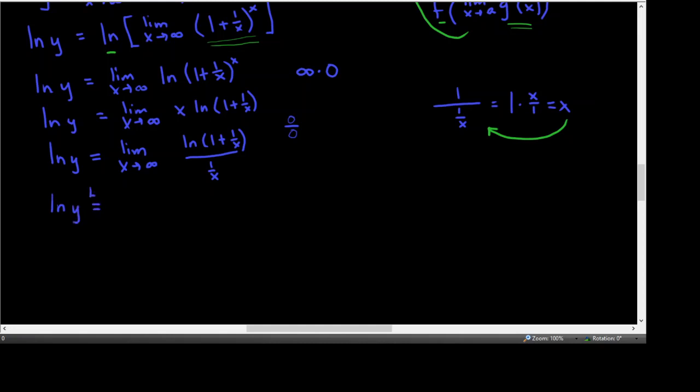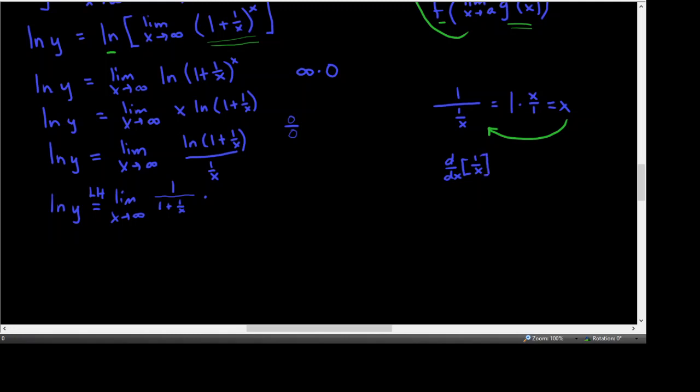So by L'Hopital's rule, we'll rewrite that as the limit as x approaches infinity of the derivative of the numerator. The derivative of natural log of something is 1 over that something. Then the chain rule says times the derivative of that something. The derivative of 1 is 0, and the derivative of 1 over x, I'm going to do over here to the side,